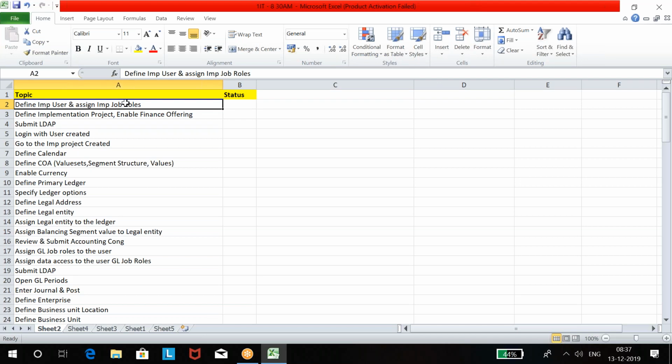How many job roles are there to set up applications? Yesterday I wrote in Excel, 3. What are their names? You remember 3 job roles, but you forgot the names. To implement, we need 3 job roles. What are those? Application implementation consultant, IT security manager, and employee. Without these 3 job roles, we cannot set up applications, right?